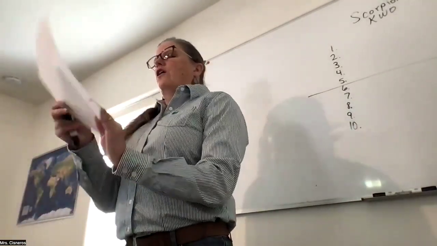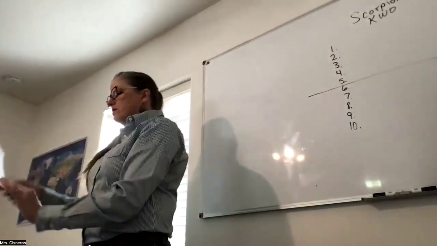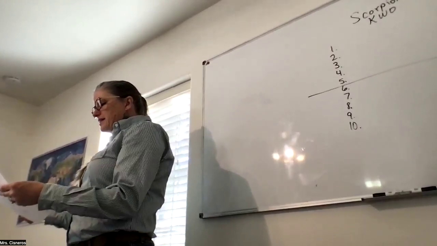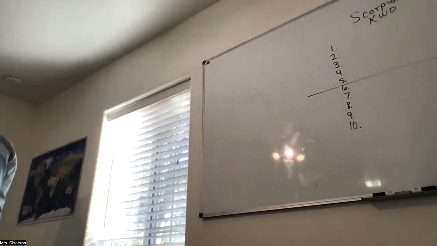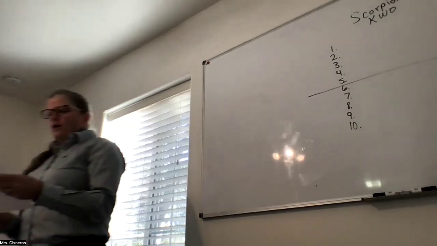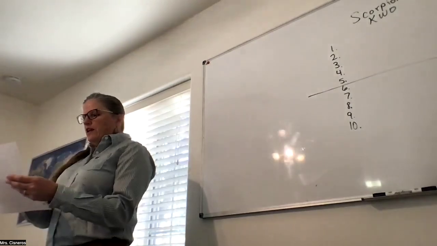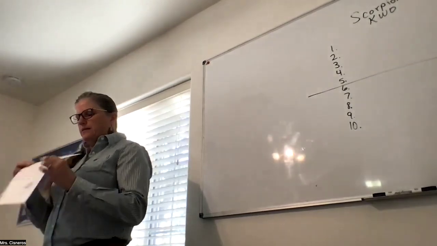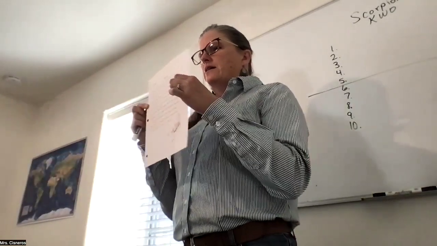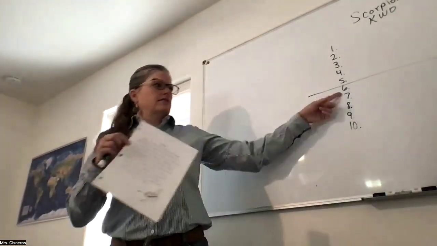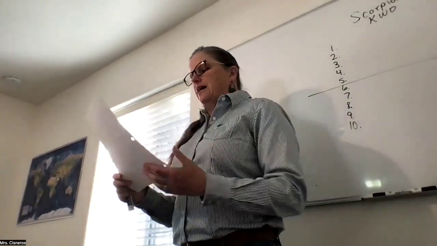We left off on your scorpion. You're going to need your scorpion article. Get out your keyword outline and your scorpion article. You see where it says only about 30 have venom that can kill a human? Right where it says mainly. You guys see where that's at on the article, mainly? That's the next sentence for number 6. So I'm going to read it, and then we're going to talk about what words to underline, okay?